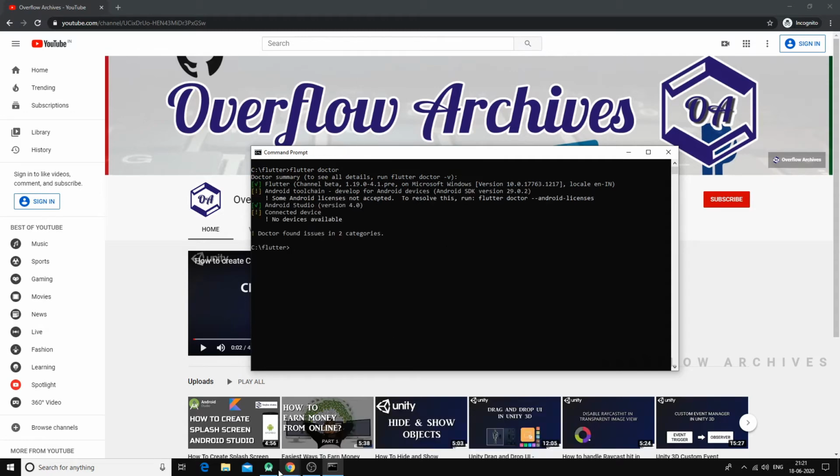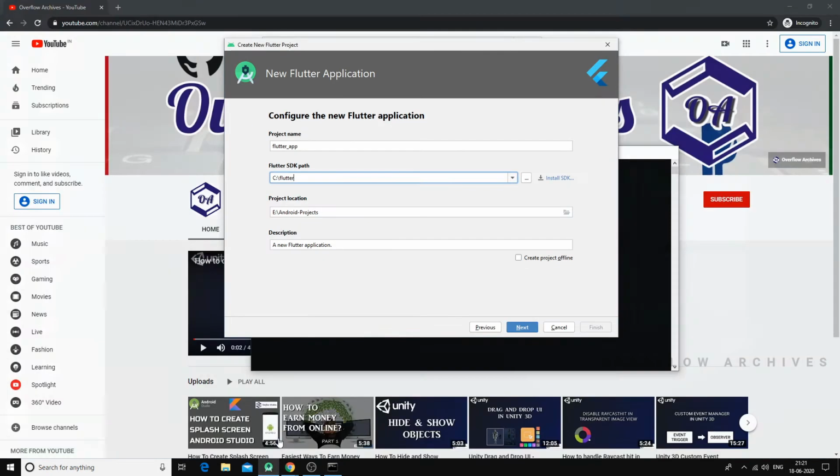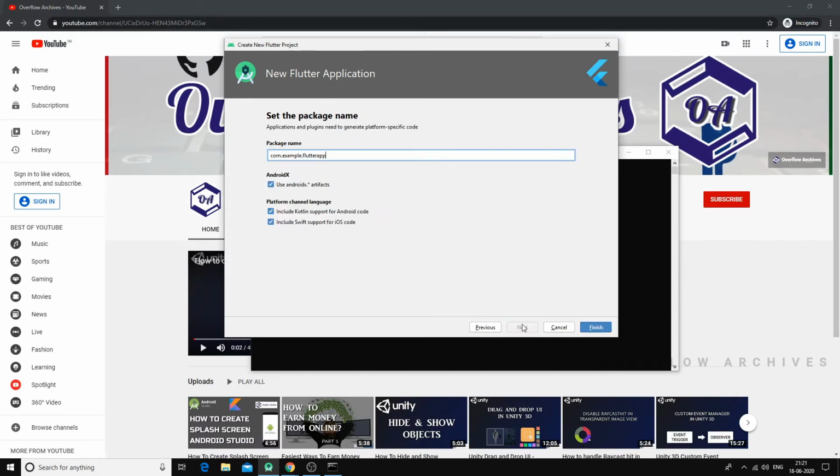Now all set. Open Android Studio to create a Flutter application in Android. Here you can see that the Flutter SDK is ready. Click Next and set the package name for the application. Then proceed with the Finish button and wait for the project window.